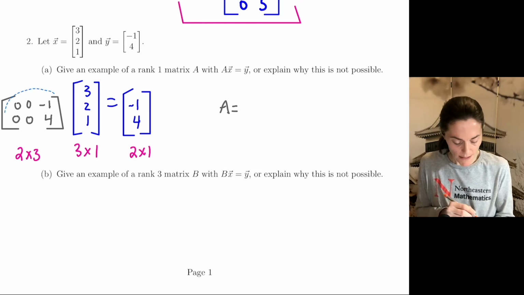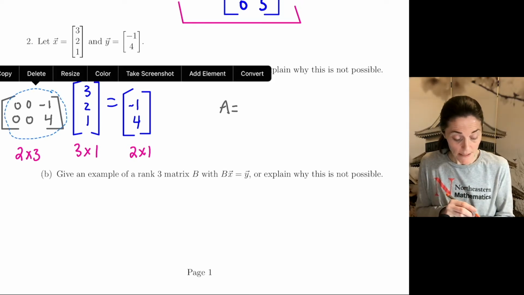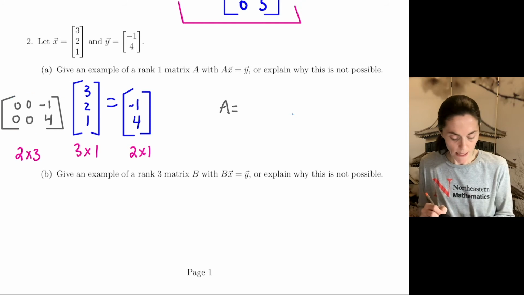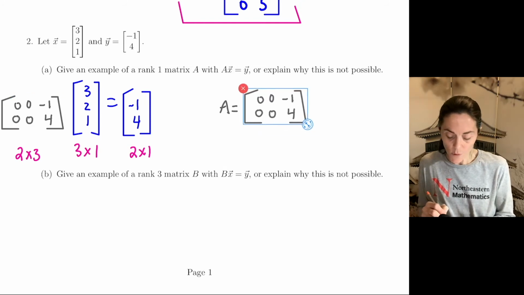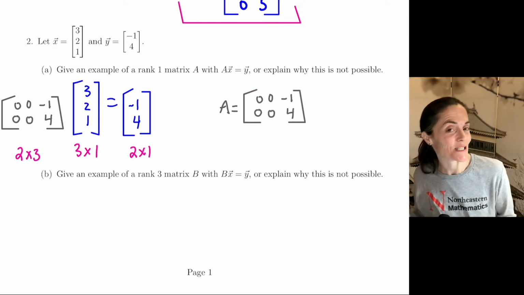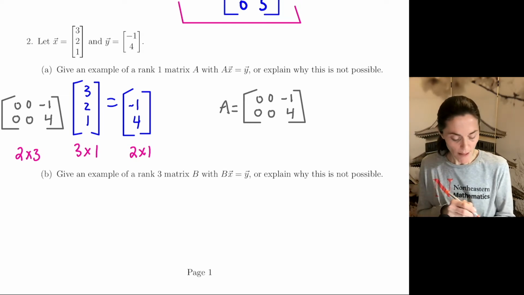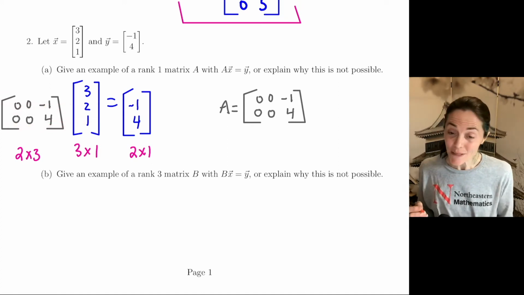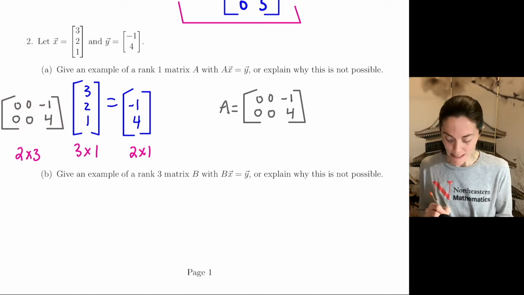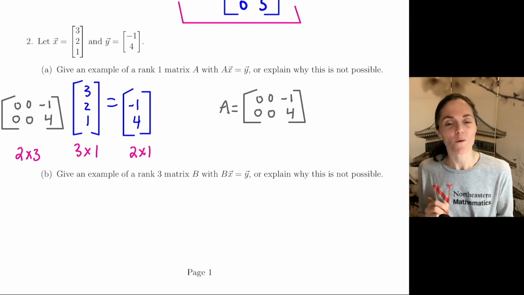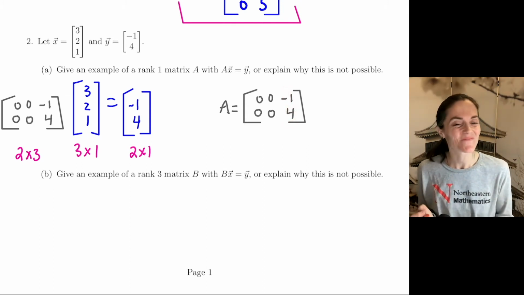I'll just copy and paste it to have my answer. And this is rank 1. You can see it with, really, if you want to get reduced row echelon form, just 2 row operations. Multiply this by -1, and then you can take -4 times that and add it to that. The reduced row echelon form of this matrix has a 1 here and zeros everywhere else, rank 1.